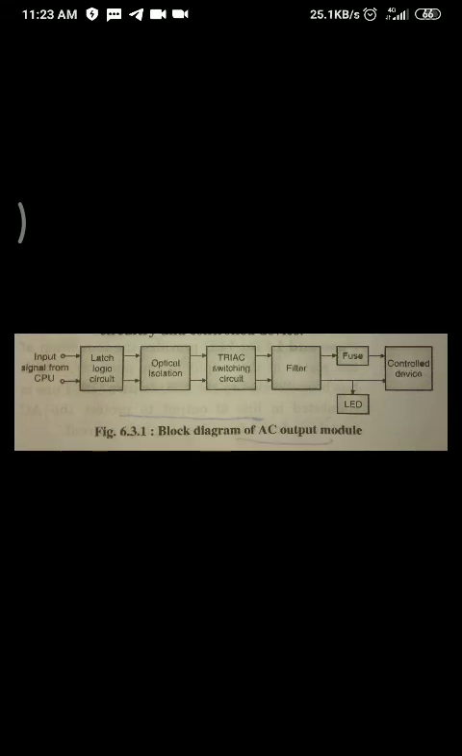In the event of the output status bit, if it is 1, then an on signal is given to the latch, and vice versa. Means if the status table contains 0, then obviously an off signal is given to the latch logic circuit. This output signal is then given to the optical isolation. It is similar to the optical isolator which was used in the input module. The function is the same, to stop the electrical signal flowing from the input device to the input module. Similarly, for the electrical signal flowing from the output status table to the output device, it provides the electrical